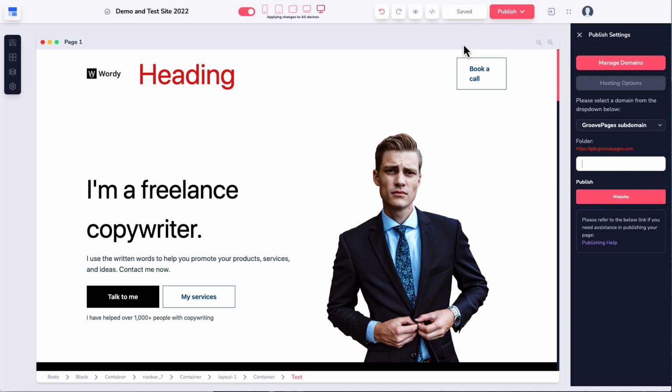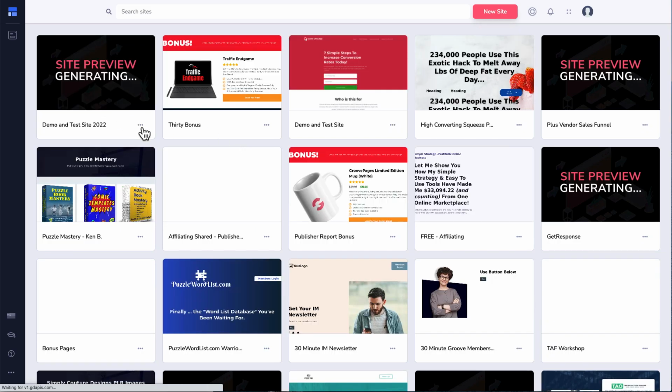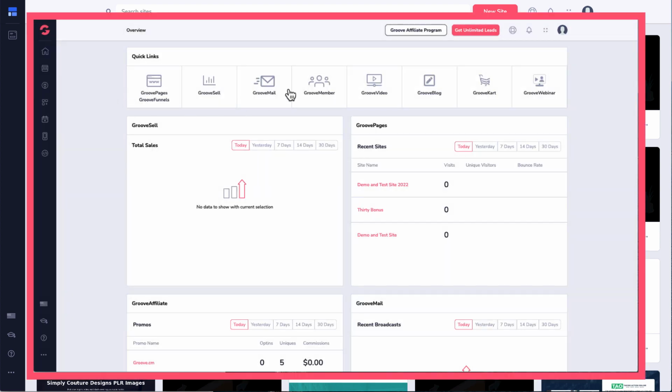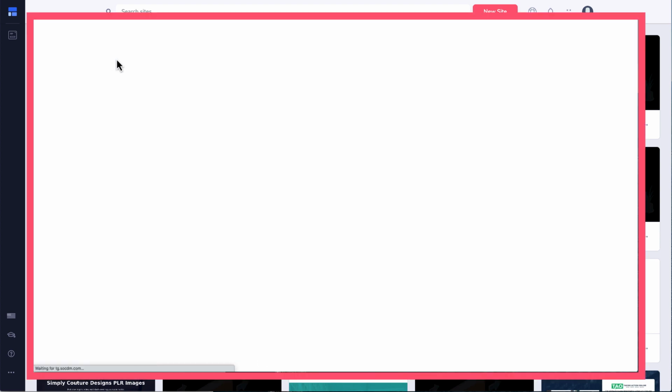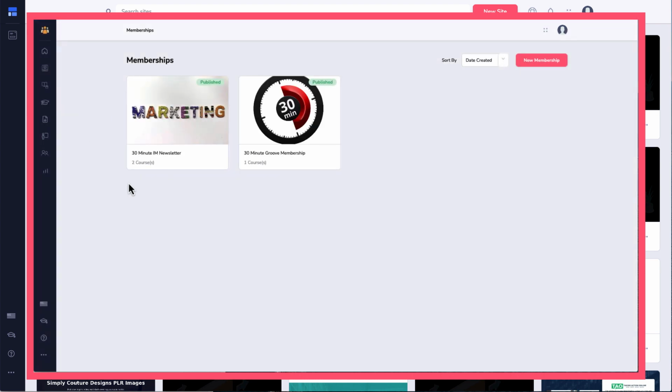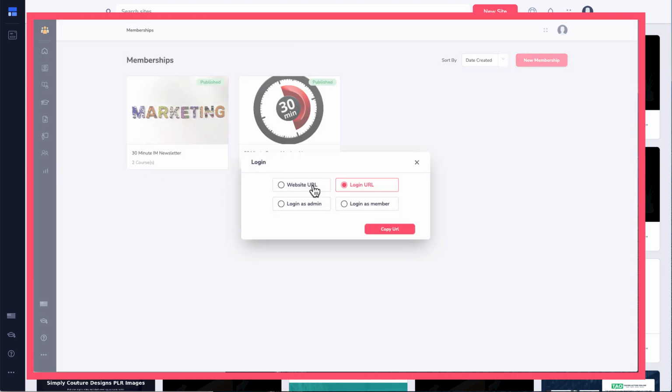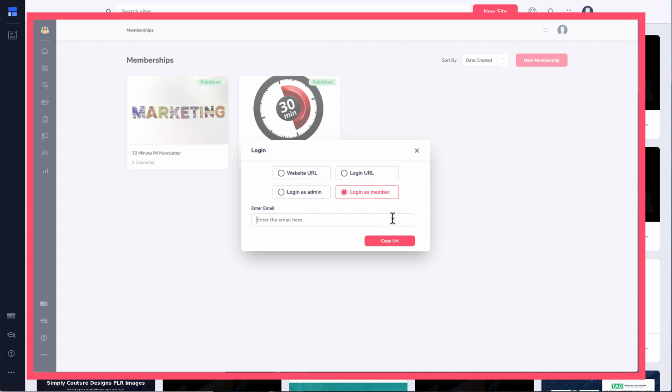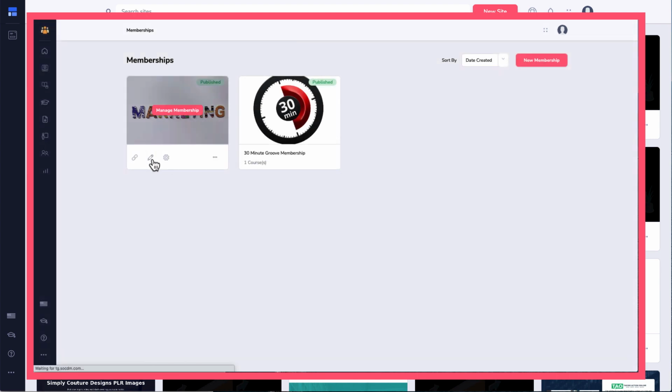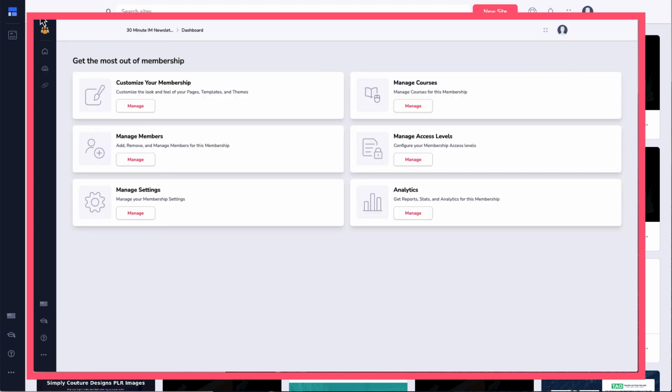So we'll go ahead and we will go back to the dashboard, because at this point, the concept here is I've created that demo site, and then here, if I want to manage or edit that site, eventually they also said they're going to add the ability to get the link here and to also manage a few other aspects of the site itself from this window right here from inside of search sites, and make this more like if you've looked at other aspects like Groove Member, they have the ability to go ahead and grab the link right from here and publish that page, go ahead and copy and clone certain pages and get information about that site. But the idea and the point here was to walk you through the basic idea of the new editor